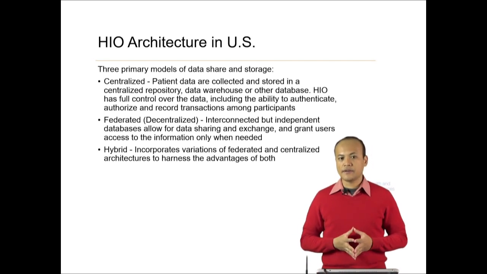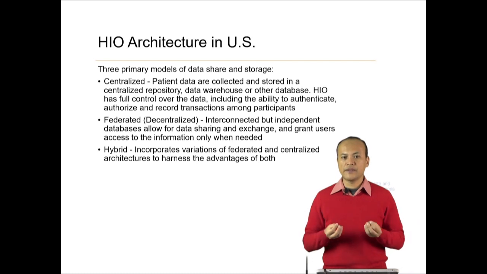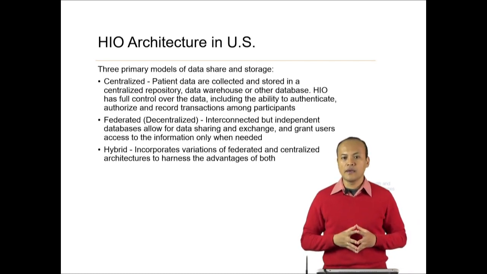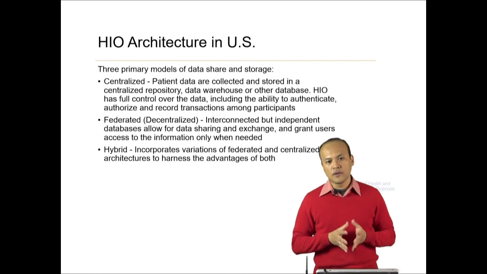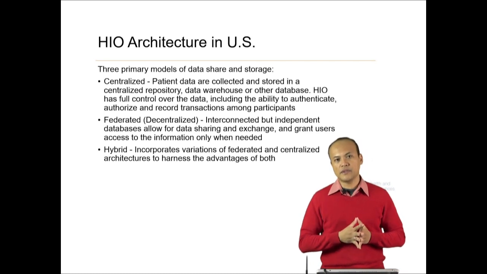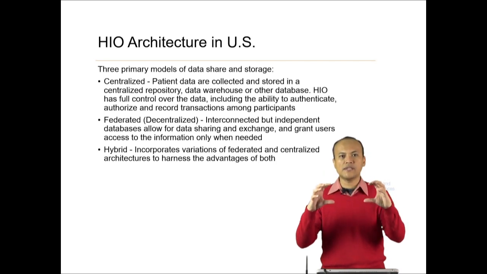There are three types of HIO, health information organizations, in the United States. The first one is centralized, where the organization centralizes all the patient data and stores it in a centralized repository, data warehouse, or other database. The health information organization has full control over the data, including the ability to authenticate, authorize, and record transactions among participants. So all the healthcare providers and participants send the data to this centralized location, and the organization authorizes who